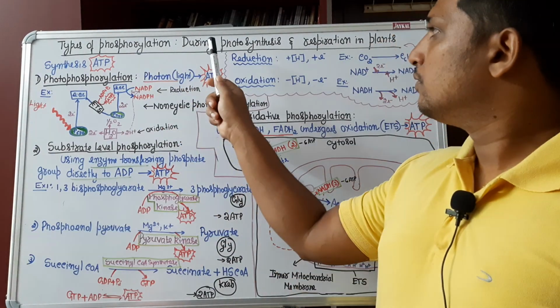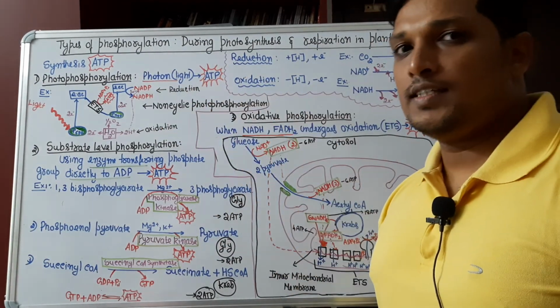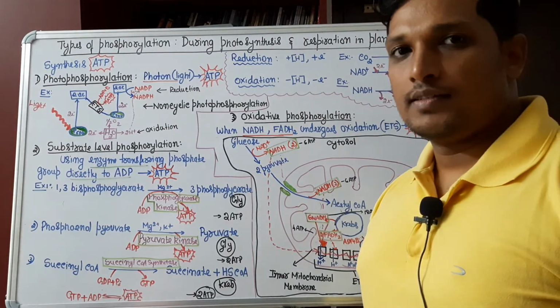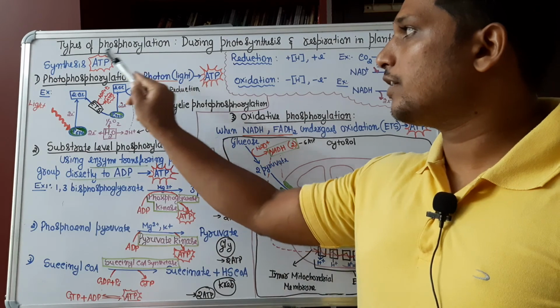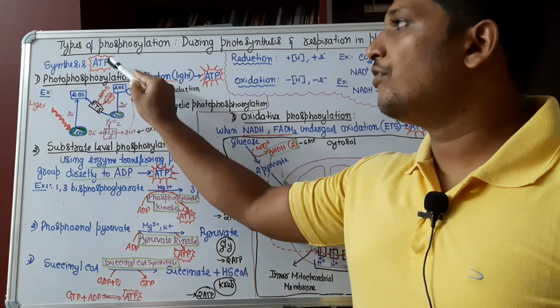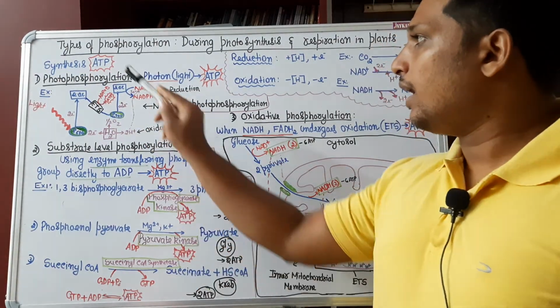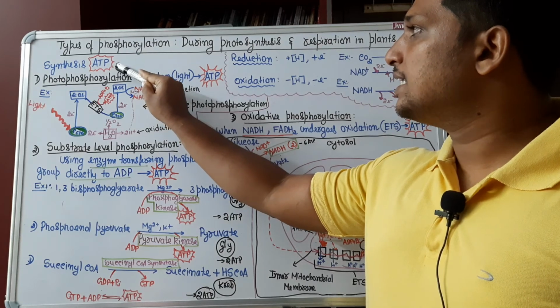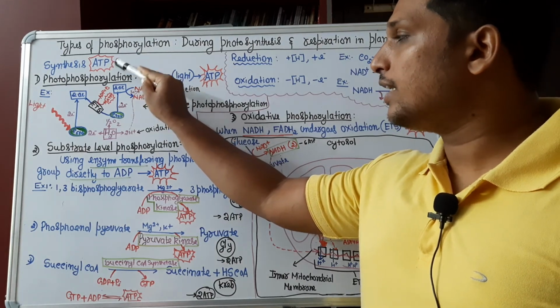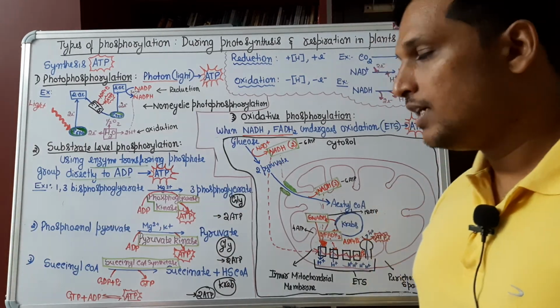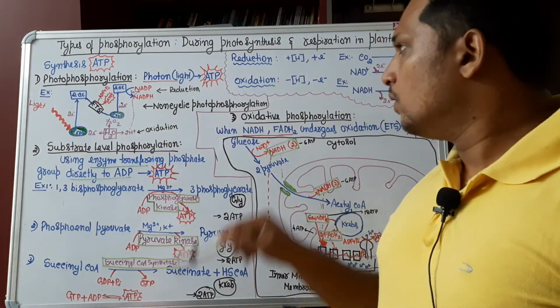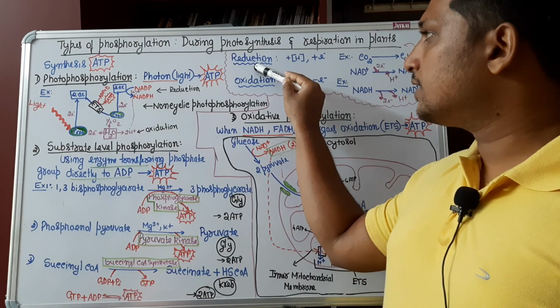Today's topic is types of phosphorylation which occurs during photosynthesis and respiration in plants. First, what is phosphorylation? Phosphorylation refers to synthesis of ATP. How are ATPs synthesized during phosphorylation? There are three types of phosphorylation, but before learning phosphorylation, let us understand the meaning of oxidation and